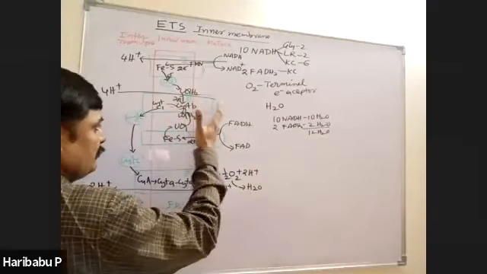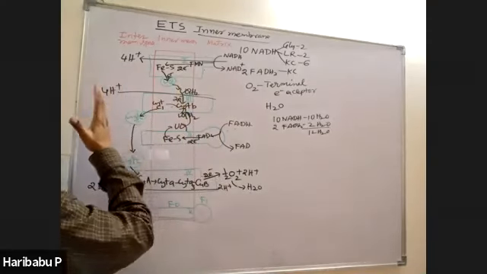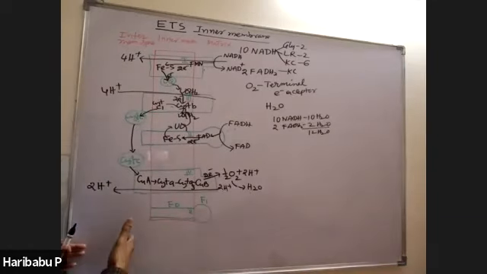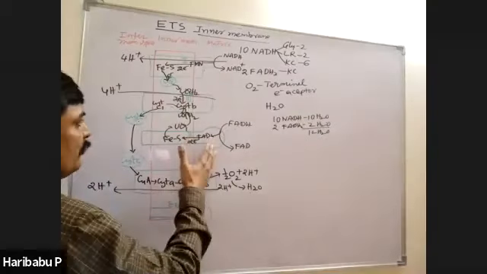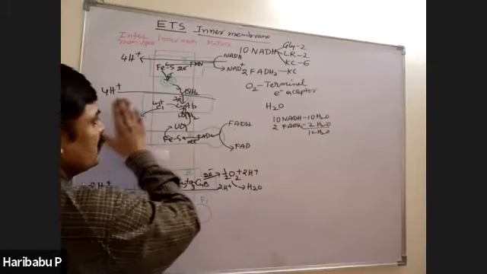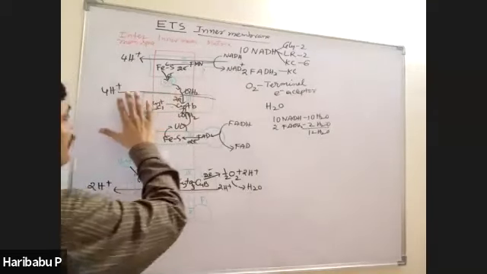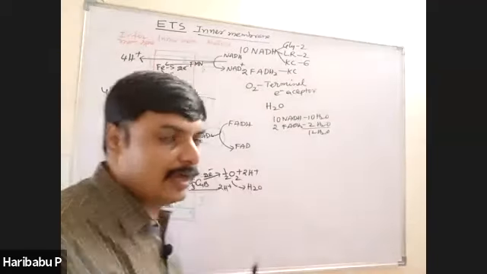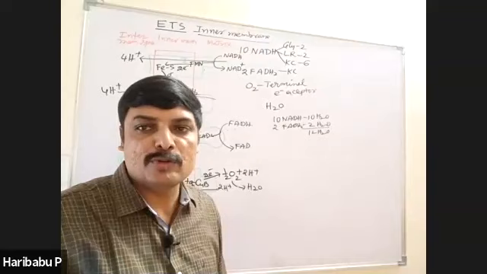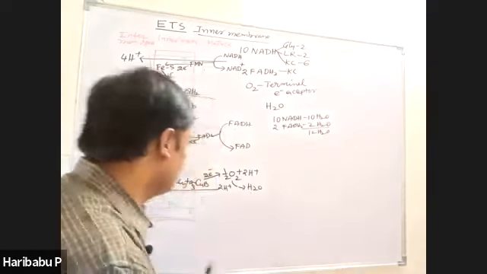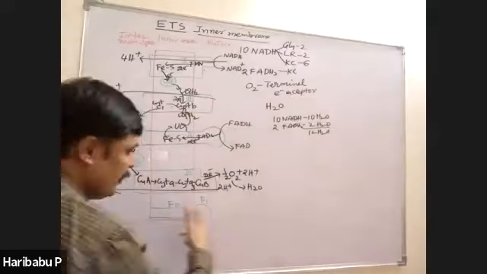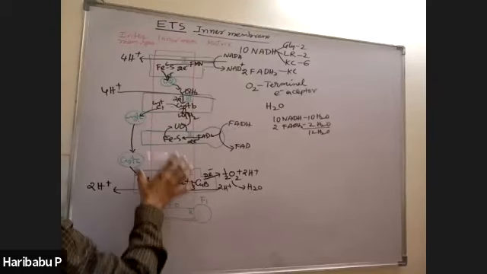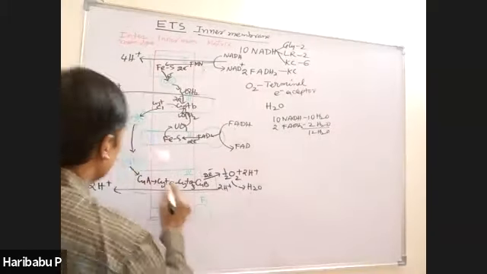Every time, protons accumulate in the intermembrane space. Therefore, there are more protons in the intermembrane space and fewer protons in the matrix. As a result, a proton gradient is established, according to the chemiosmotic hypothesis proposed by Peter Mitchell. These protons want to move back into the matrix, but this membrane is impermeable, so they can move only through the F0 F1 complex.